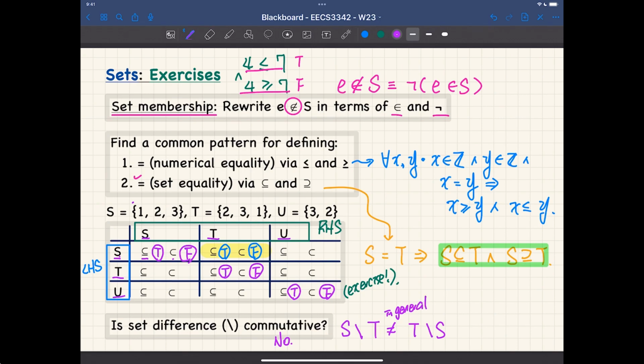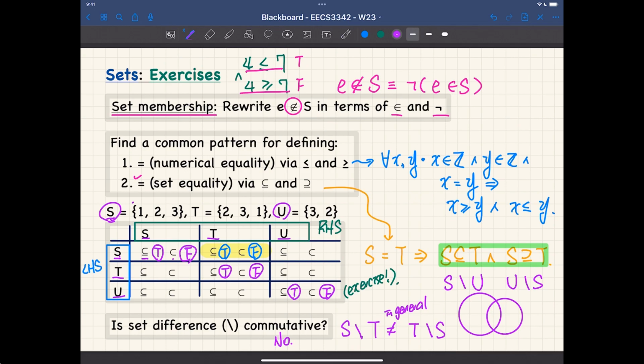And for this one, let's do an example quickly together. Okay, let's find this one here S, and also let's say this. I want to calculate S difference U, and also U difference S. You can see the S over here and the U over here. And to make it a bit more visual for you, I'll explain that. That's what we have here. You pretty much know about the standard diagram here.